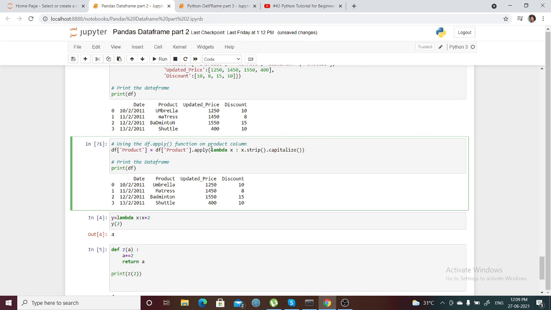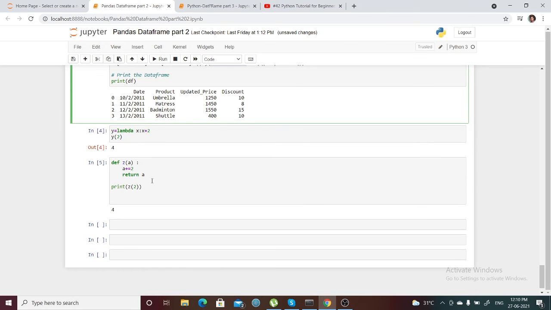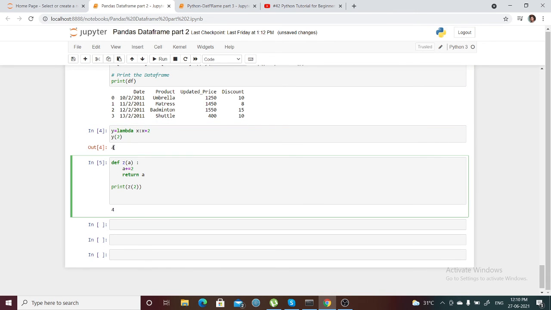So what is a lambda function? Let's see. I have just created the same thing. It will just strip and capitalize. The operation is the same, but the way of writing is a little bit different. So let's see what a lambda function is doing and how it actually works. Suppose I'm taking one function here.